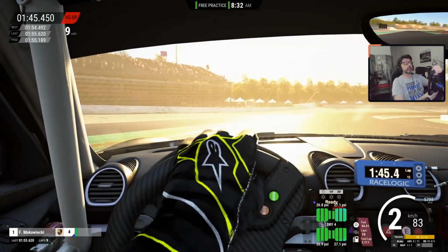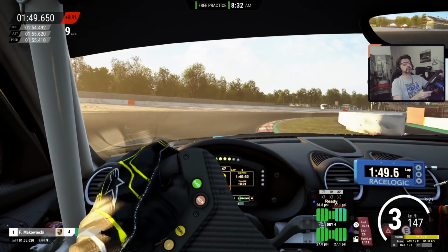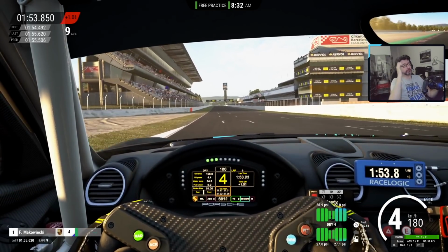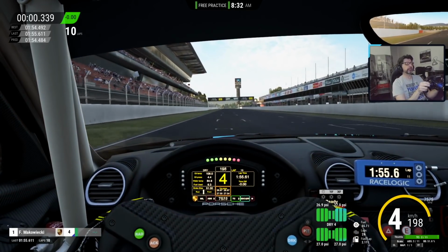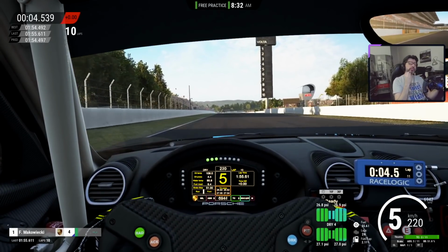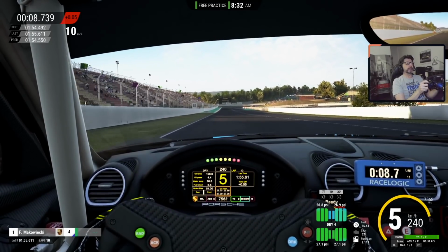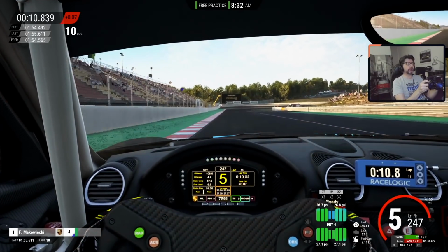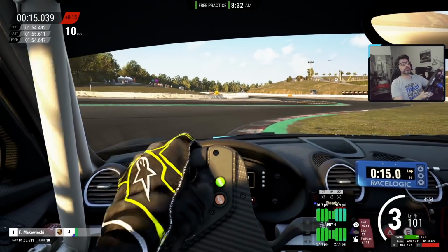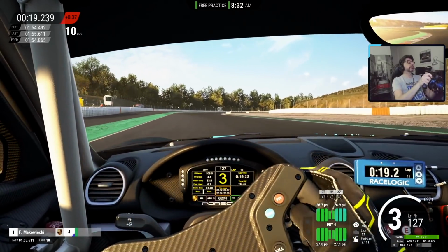Now, the Nürburgring has how many turns? I don't remember, but a typical track has at least 14 to 15 turns, right? So let's say 15 turns. What are 2 seconds per lap? 2 seconds per lap are 1.5 tenths of a second on every turn, which means that on every turn, an alien brakes maybe 2 meters later than you,